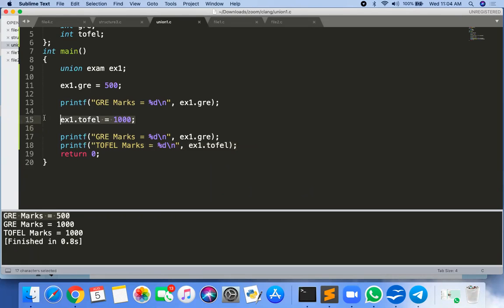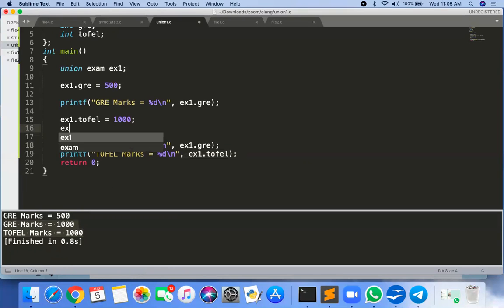But if you now store TOEFL inside it, the 4 bytes that are there get modified to 1000. GRE uses the same 4 bytes, so it will access the 1000. TOEFL uses those same 4 bytes, so you are accessing 1000 there. Getting? It points to the latest one.